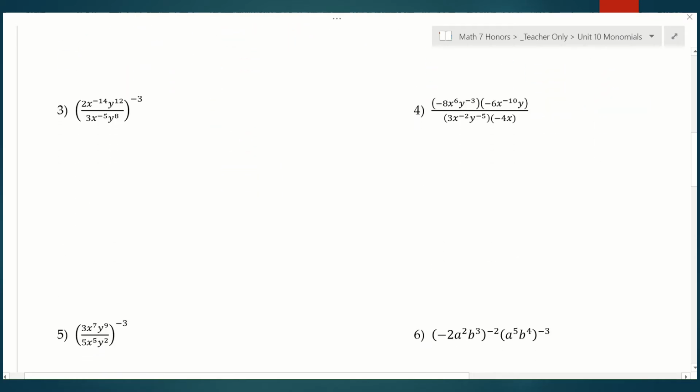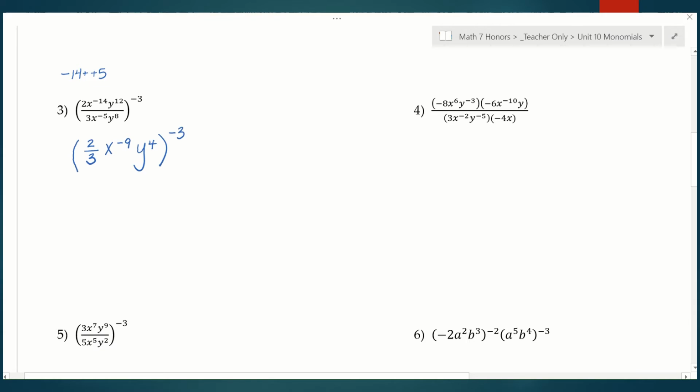For number 3, I would do something similar where I would go ahead and try and divide what's in your parentheses first. So when I divide 2 by 3, I'm just going to leave that 2/3. And then x to the negative 14th divided by x to the negative 5th. I'm going to write this out here. Negative 14 minus negative 5 is really negative 9. So this would be x to the negative 9th. And then y to the 12th divided by y to the 8th is y to the 4th. And this whole thing is still to the negative 3rd. Okay,